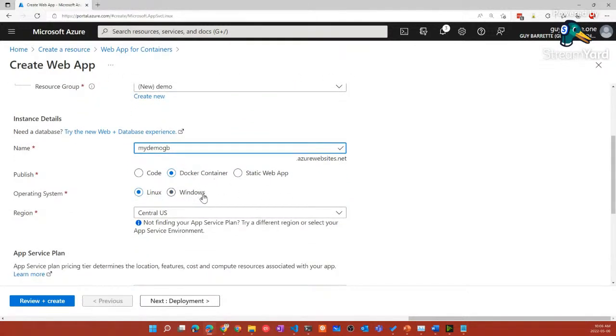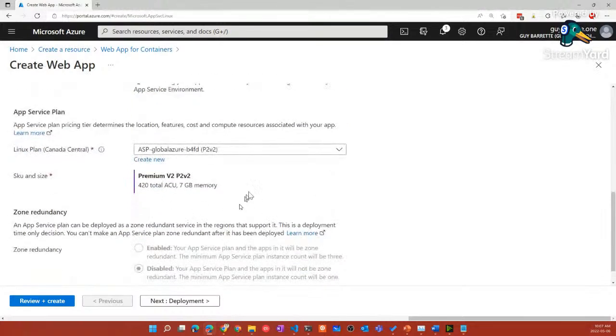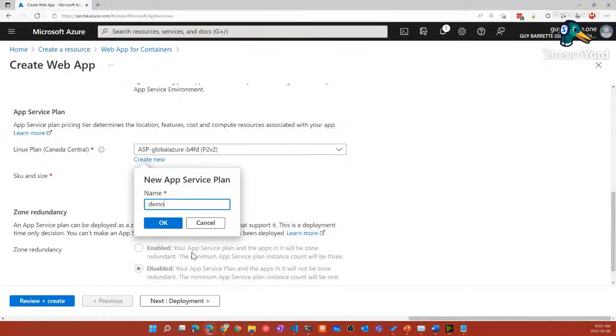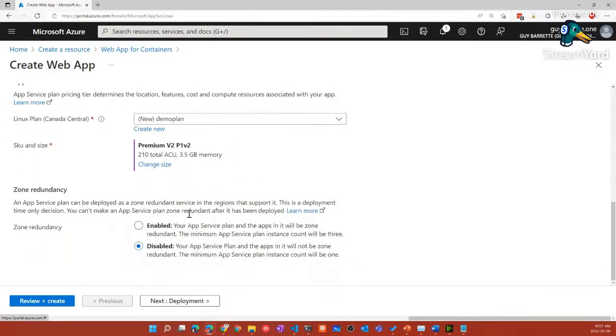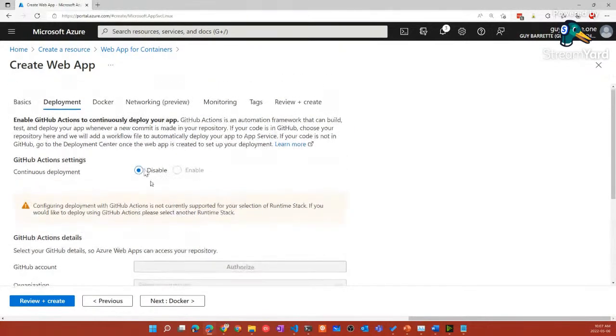And you see, by selecting Web App for Containers, instead of Code being selected first, Docker Container is automatically selected for me. I can select my operating system, Linux or Windows. Linux is fine. Let me select a data center close to me, Canada Central. I'll create a new app service plan, let's say demo plan. I'll use the default values here. Click on deployment. So far it's about the same thing, except now we have a Docker tab